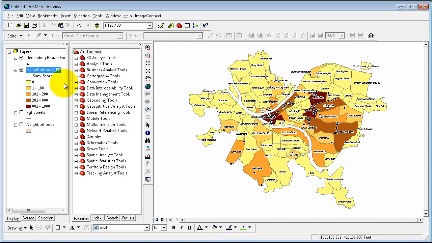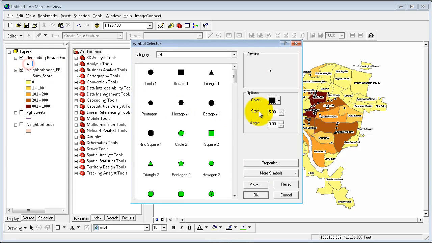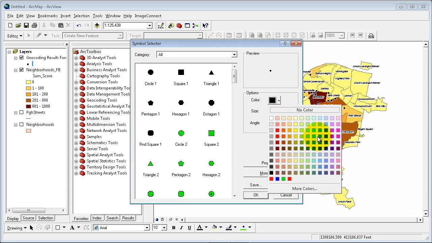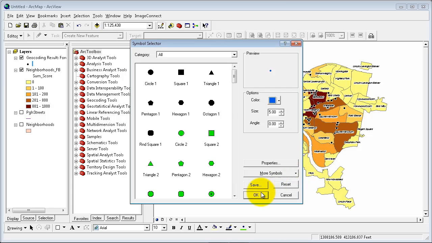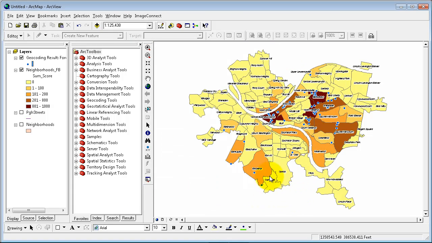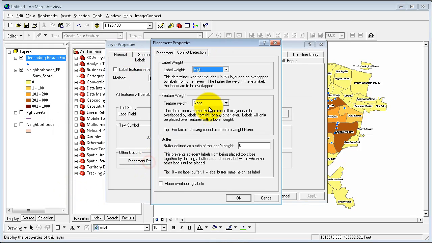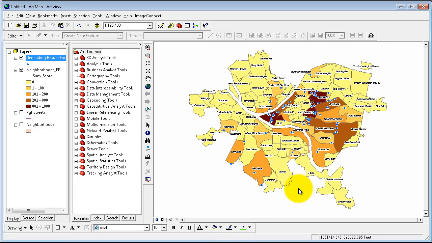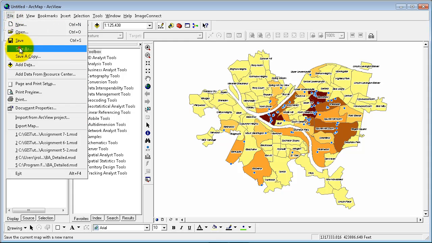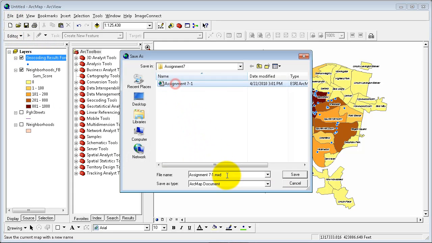So that's more like it. And maybe if you want to change the color of this to blues, and also make sure your foreign businesses label weight is set to high, so that you don't see labels on top of businesses. So that's about it, and I save this map as assignment 7.2